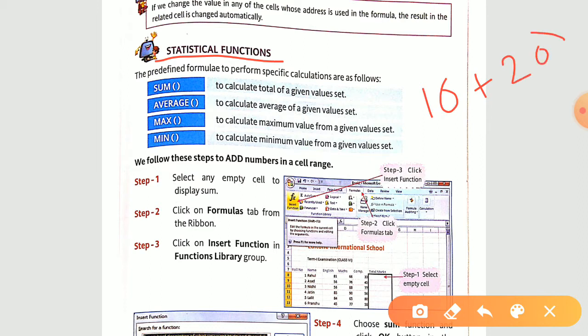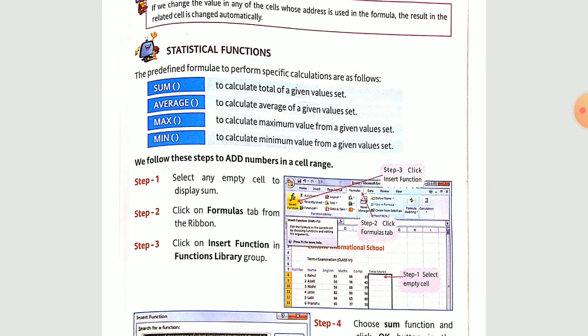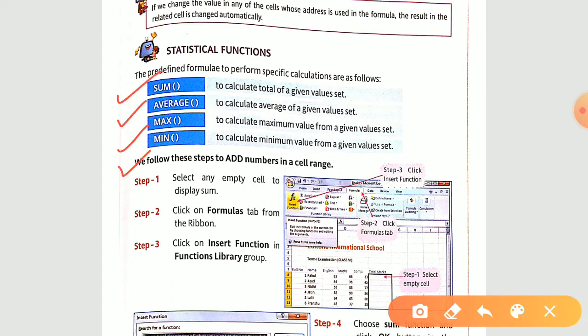But now, without using these operators, we have some statistical functions which can perform the same task. Over here we are going to see four statistical functions: sum, average, which means the mean value, maximum value from the given set of values, and the minimum amongst the given set of values.